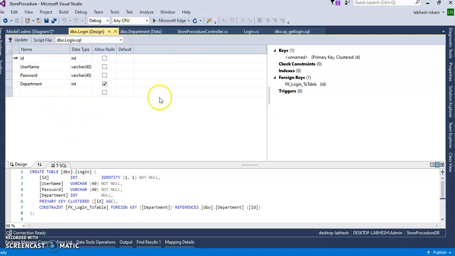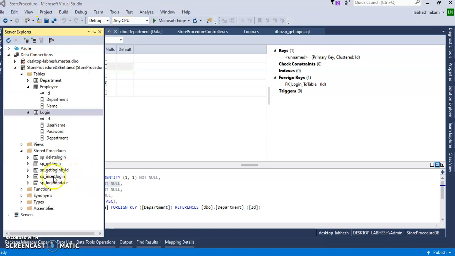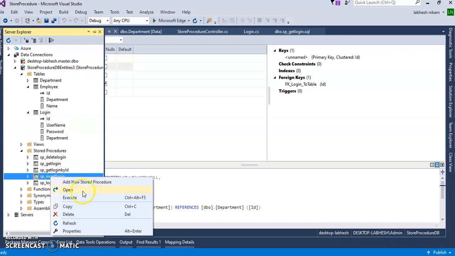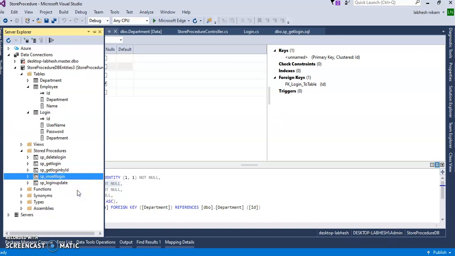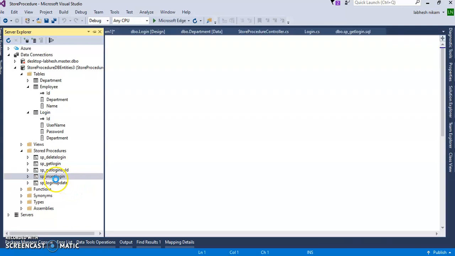Now we have to change something inside the stored procedure, this insert login, because I want to add drop-down list data inside the database. So the sp insert login stored procedure will change, because there is only username and password.